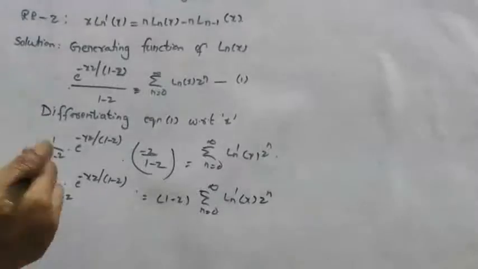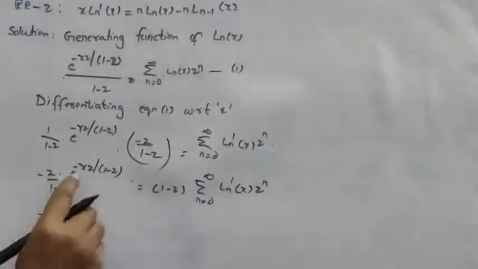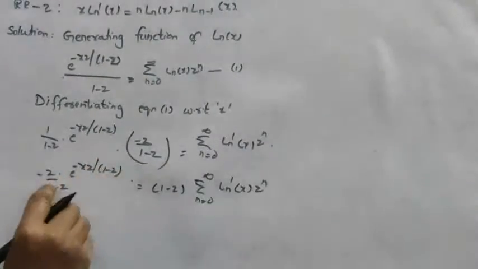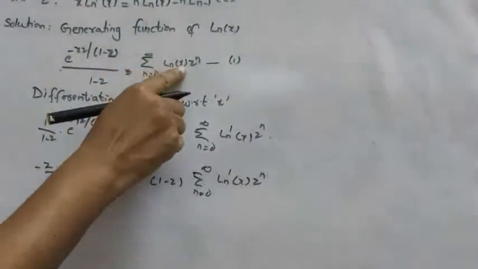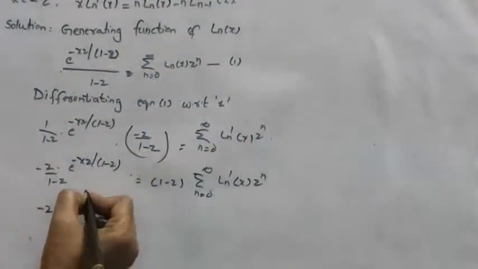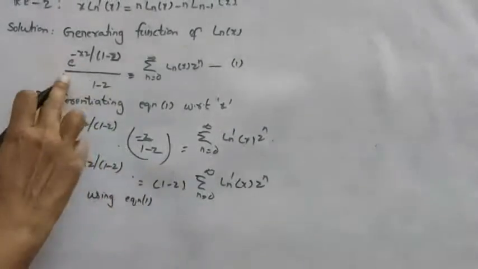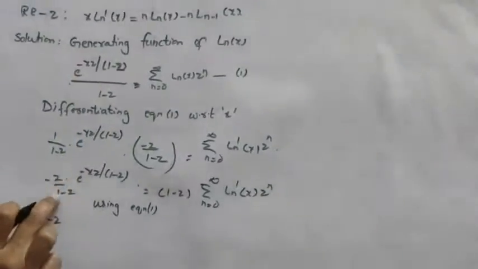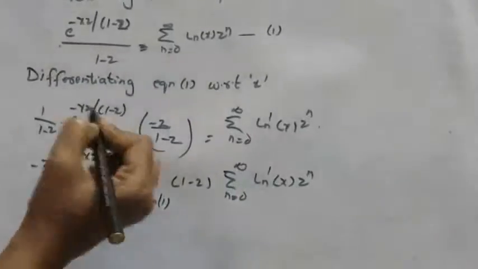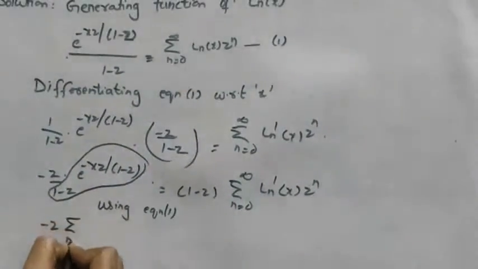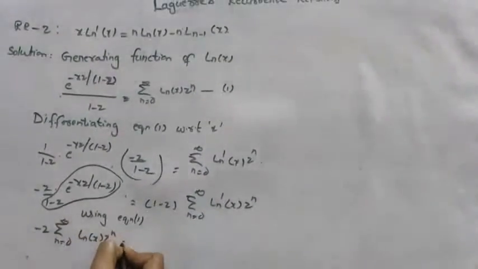Now, using equation 1, we write minus z as it is. Again, e power minus xz by 1 minus z, divided by 1 minus z, can be written as summation n is equal to 0 to infinity Ln of x into z power n. So using equation 1, this term can be written as summation n is equal to 0 to infinity Ln of x into z power n is equal to